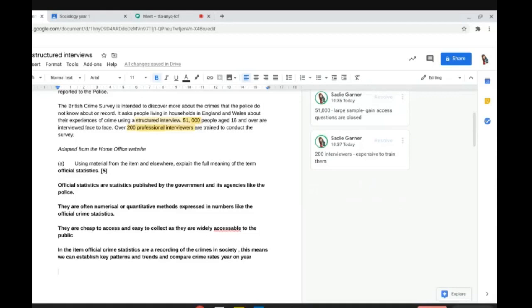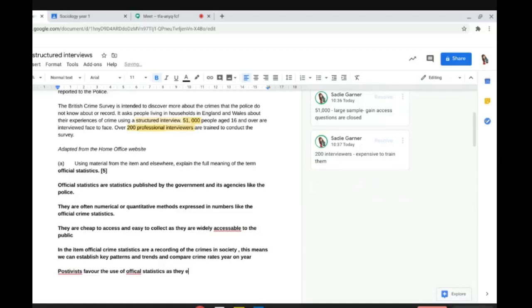My last point, I just think theory. So positivists favour the use of official statistics. Sometimes I always go to Grover, but if I don't feel like it's hitting it, I look to theory. So yeah, positivists favour the use of official statistics